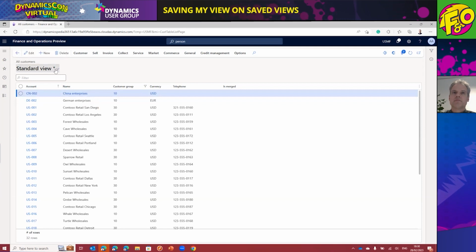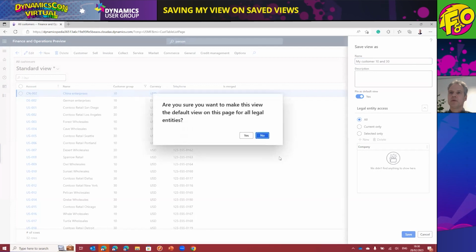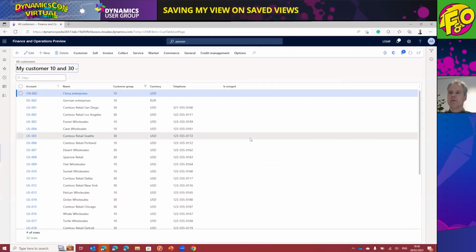So if we click on the drop down, we can save this view as a particular view, and in this case it says my view. It could also be my customers 10 and 30. You can choose to pin this as your default view, yes or no. If we do this, then the next time we open the form, it will by default open the my customers